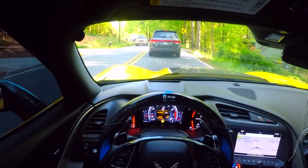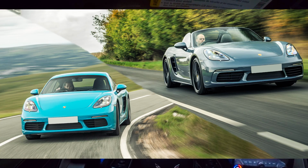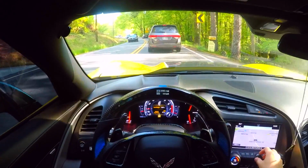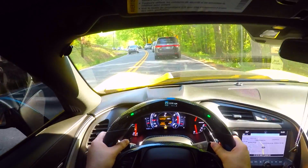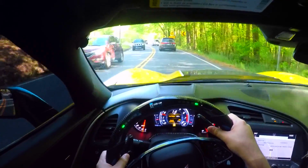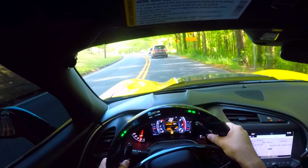Anyways, I cannot believe that I didn't know that these are basically the same car. My mind always mentally thought the Boxster was underneath the Cayman in regards to trims, and there's actually a very special reason for that. But before I get to that reason, let me tell you about why they are the same. The Porsche Boxster and the Porsche Cayman, fundamentally at their base model form, the only difference, and I'm dead